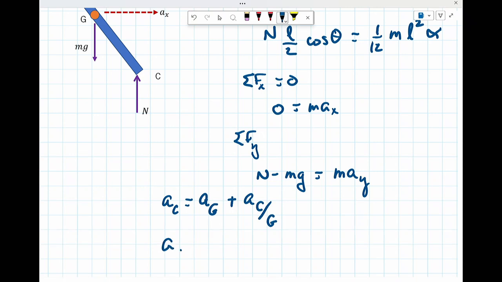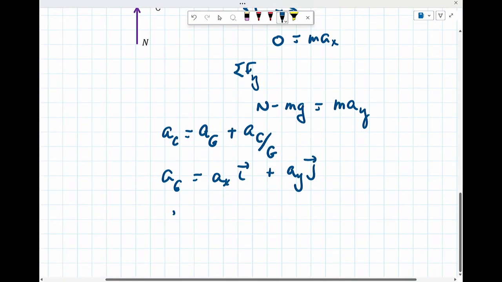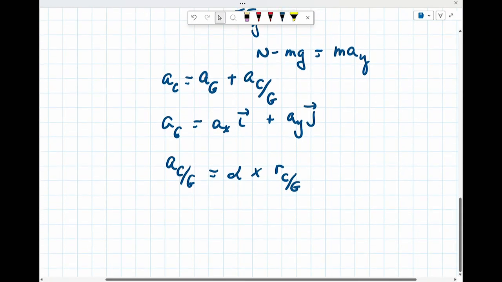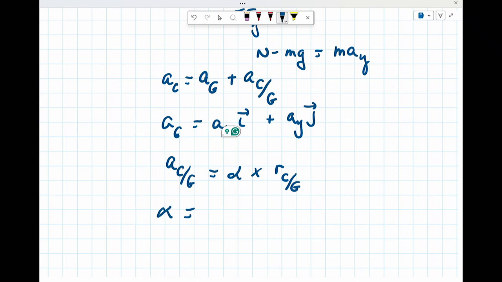Acceleration of G equals a x in the i direction plus a y in the j direction. Acceleration of C with respect to G is alpha cross r C with respect to G. There we go, that's enough. And alpha out of all of this mess will equal,